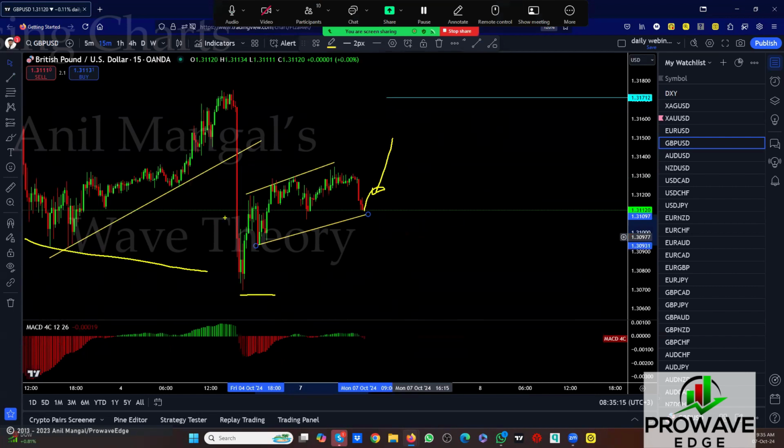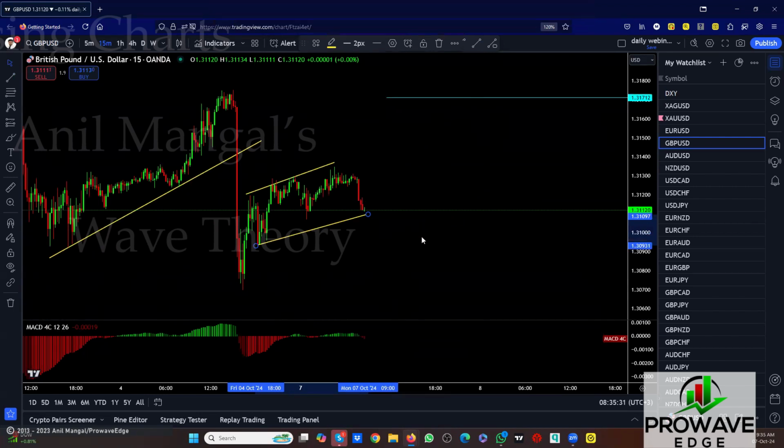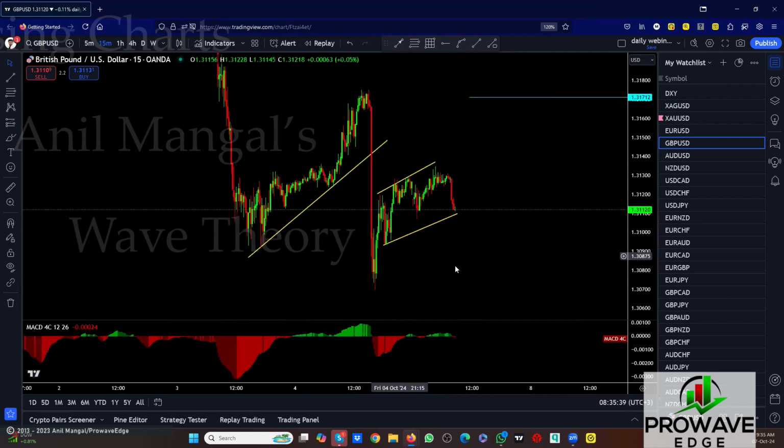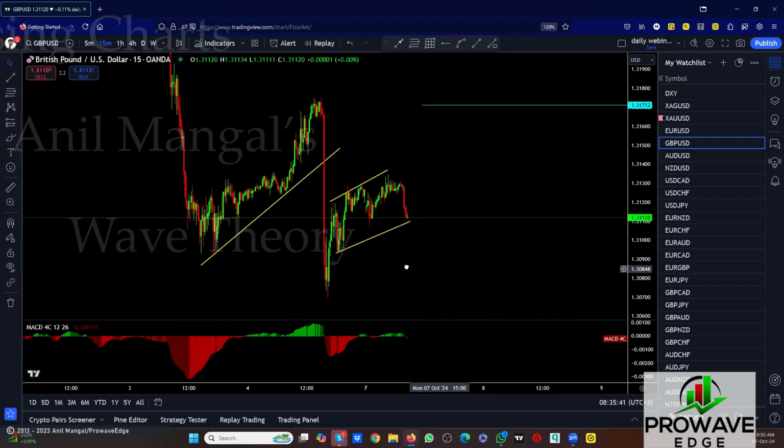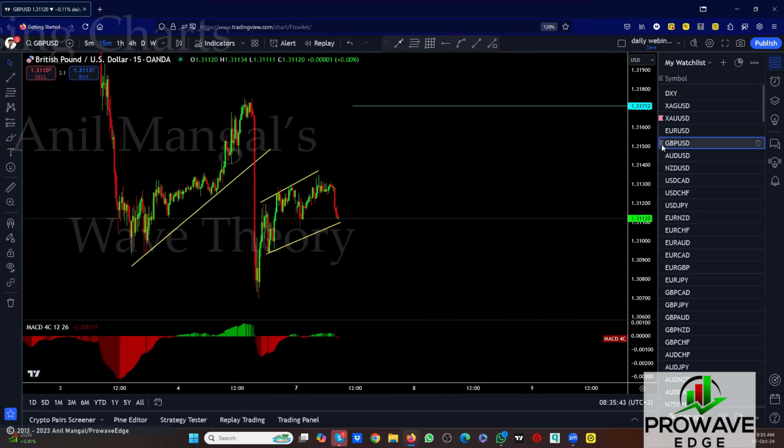Remember, the divergence here with this single drop is pretty strong, and it could be that this goes much deeper. So we can look for both sides at the moment. If this comes deeper into here, you still have to wait for one more up, because this is not all the correction. I don't think so. So we'll wait and see. Let's wait for it. Both sides possible.